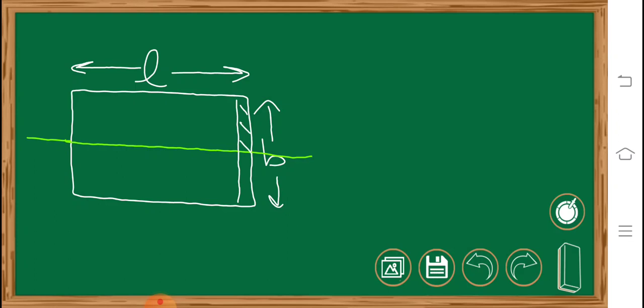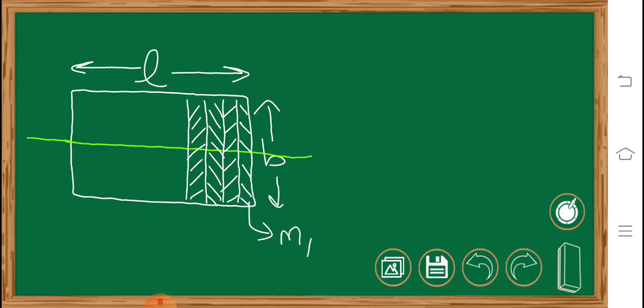cut the rectangular plate again into a rod which is perpendicular. Again here we can cut it in one more part which is again perpendicular to the axis. So this is the third part which is again perpendicular to the axis. Then the fourth part, and when we are cutting we are seeing that the axis is perpendicular to all these rods, and it is also passing through the center of the rods. So if the mass of these rods is m1, m2, then m3, m4, and for the last rod